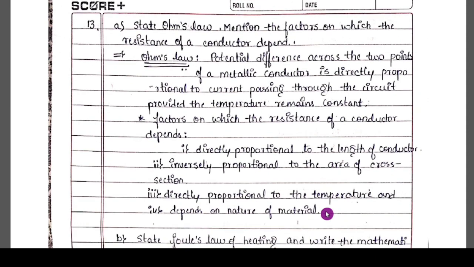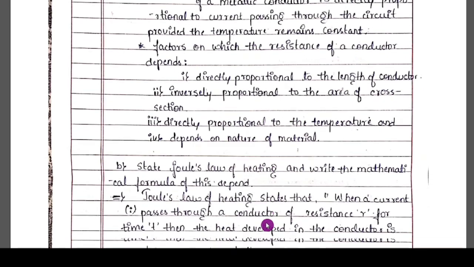The 13th question, state Ohm's law, and mention the factors on which the resistance of a conductor depends. Ohm's law means the potential difference across the two points of a metallic conductor is directly proportional to the current passing through the circuit, provided the temperature remains constant. The resistance of a conductor is directly proportional to the length of the conductor, inversely proportional to the area of cross section,